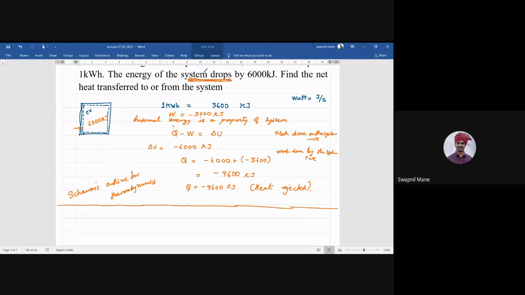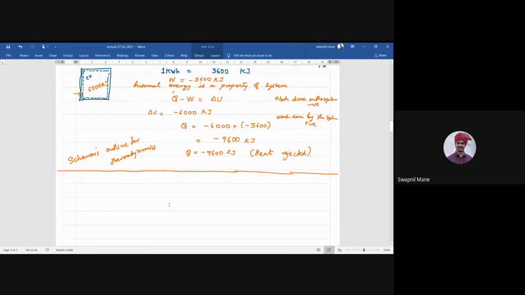So we will solve one problem based on the steady flow energy equation. So why don't you write it down instead of writing here? I will just dictate. You write the question. Is it okay, everyone? Okay. So write down,